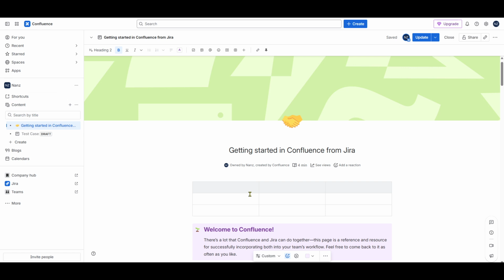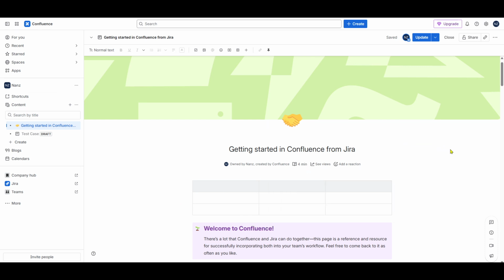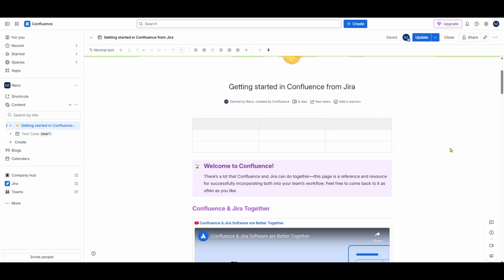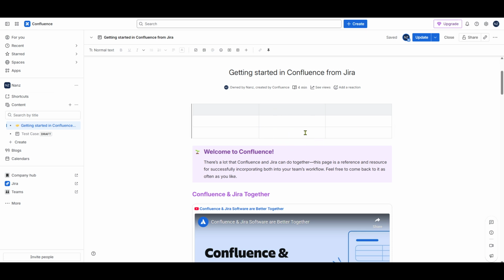This action will add a new table to your page if you're creating one from scratch, or it will modify an existing one if you're adjusting its settings. If you encounter any issues, ensure that your browser is supported and that you have the necessary permissions to edit the page, and that's it. By following these steps, you can easily fix or add a table header in Confluence. Now your data will be displayed clearly, and users visiting the page can quickly understand the structure and information presented.